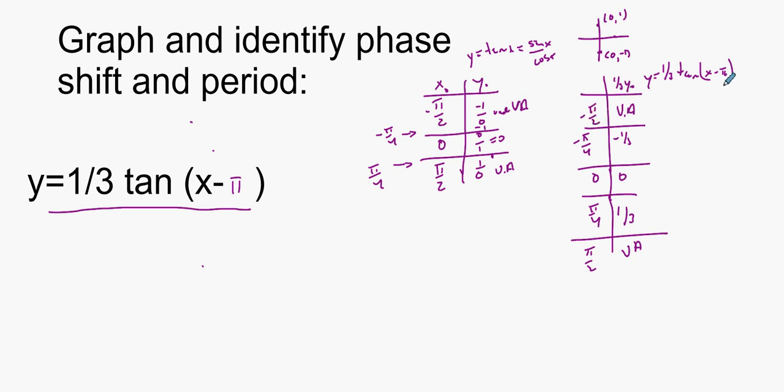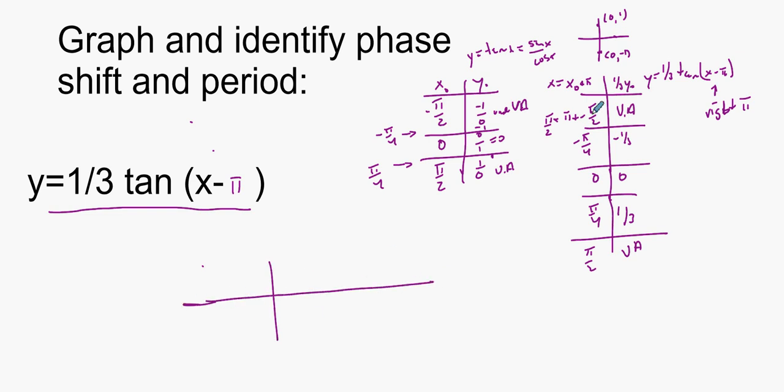Now, we also have a phase shift. We're shifting this to the right, pi units. That means I'm taking all my original values and adding pi to get my new values. So right here, I'm going to add pi to negative pi over 2, which gives me a positive pi over 2. So if I start graphing this,